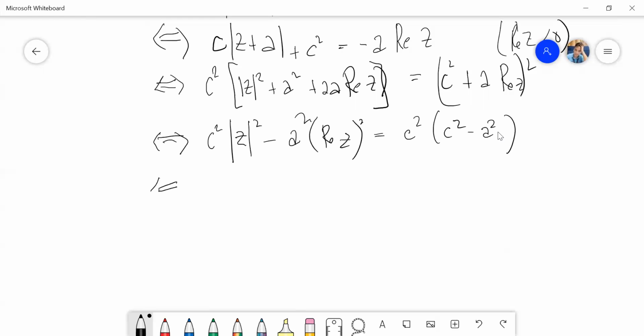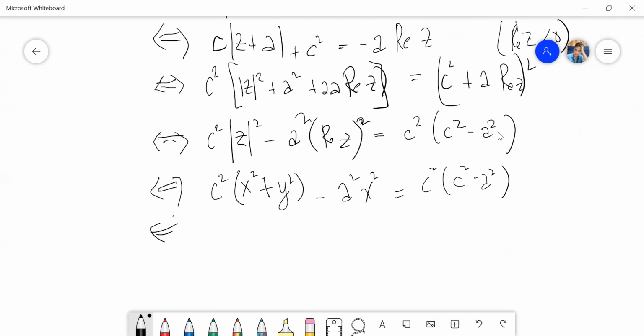And so I would get x squared over c squared. So this is x, okay. For you to follow, I'm not gonna jump that right away. C squared, I can write this as c squared. This is the modulo of z squared, so that's equivalent to x squared plus y squared. That's a squared. This is the real of z, so that I have x squared, that's c squared minus a squared.